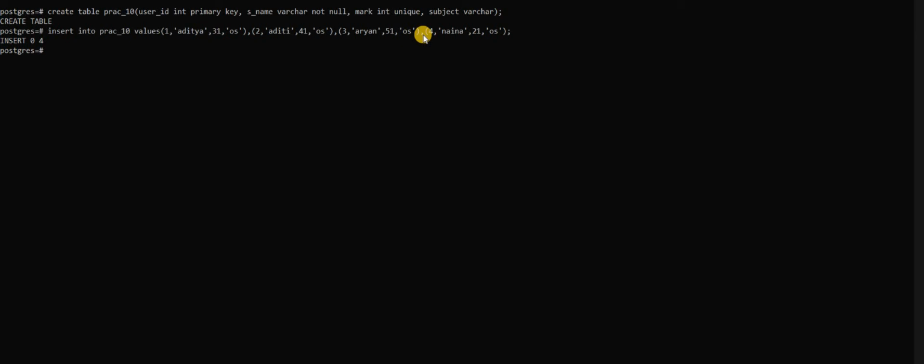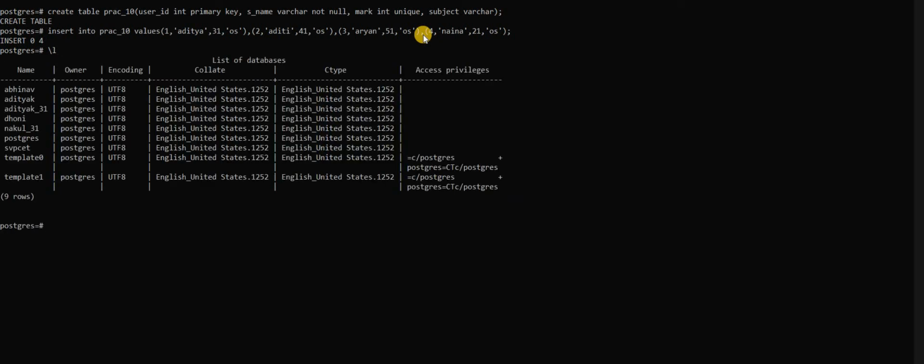Now we are going to check the list of databases we have. For this you have to press backslash and then the key L, and put a semicolon. There is no need of a semicolon, you can simply press enter.